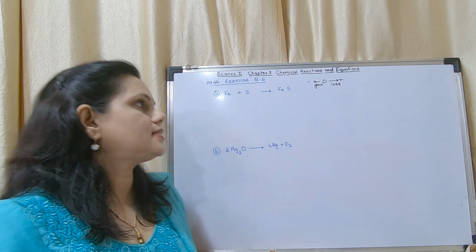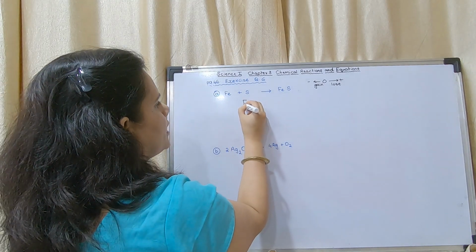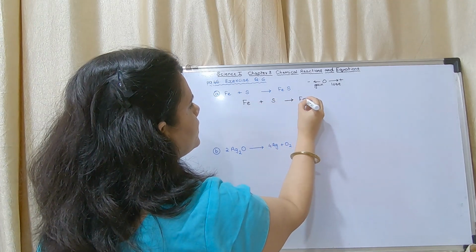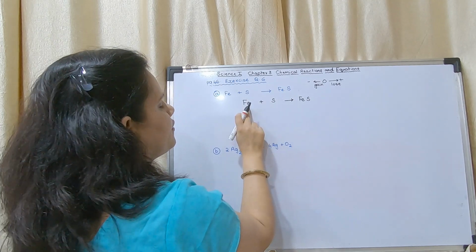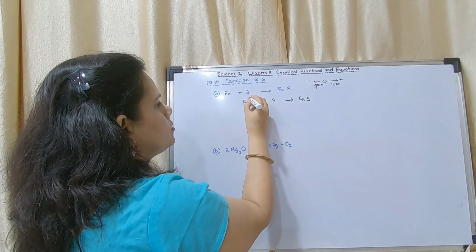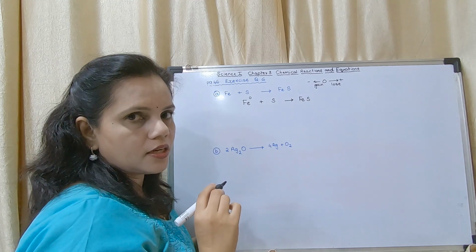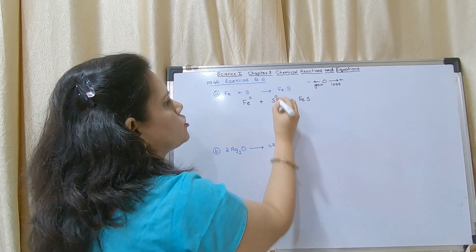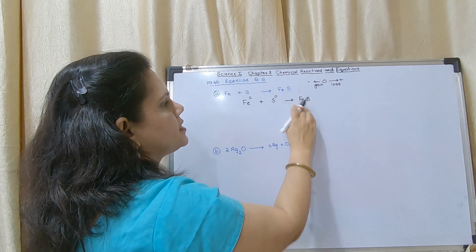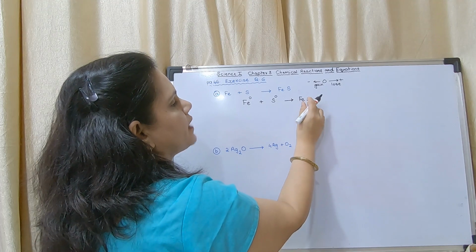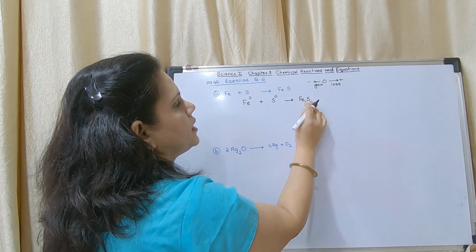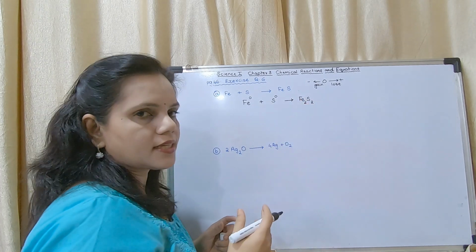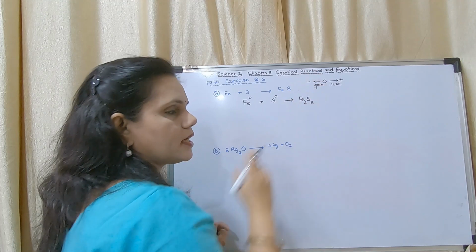You may see this reaction now; you have to write it again as your answer. Fe plus S gives FeS. Here Fe is alone, so I will write 0 here, because it has not given and it has not taken. For S also I will write 0. FeS is a compound. Here the valency of sulfur is 2, it is written towards Fe, and the valency of Fe is also 2. Fe2S2 becomes FeS.